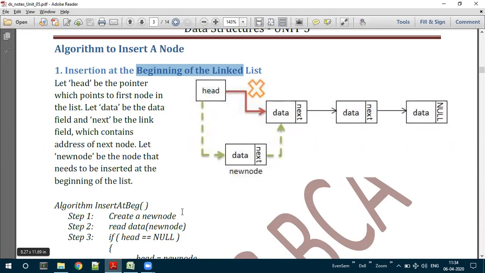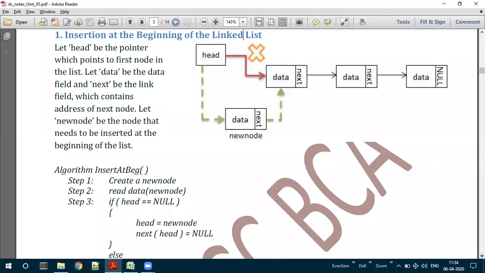The algorithm here is: let head be the pointer which points to the first node in the list. Then let data be the data field and next be the link field.